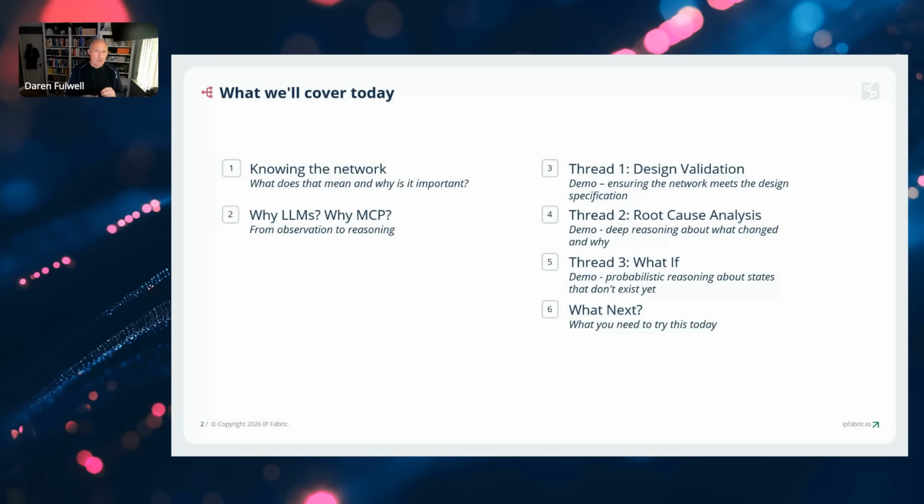The second thread really is root cause analysis, and this is almost the exact opposite of that. This is taking the symptoms of some change in the network and working out what has changed and why it changed. Very, very detailed, potentially,